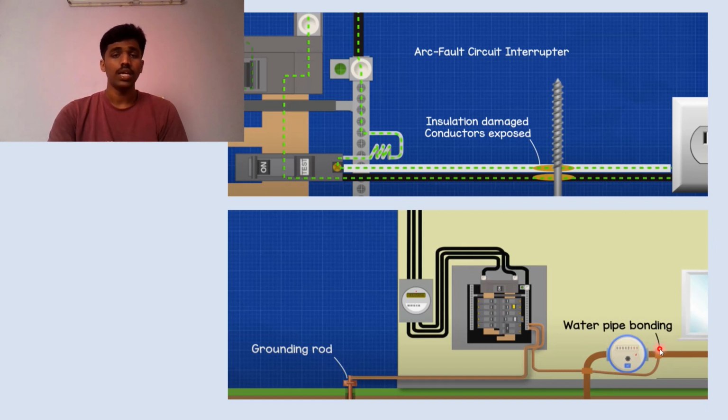Along with this, there is one more wire which is connected from the water wire. This bonding wire is done so that if any hot wire is ever connected to this water pipe, the person who touches this water pipe may get an electric shock. In order to avoid this, the wire is given to this neutral bar. So if any short circuit occurs in here, whatever electricity or static charge is present in here will flow through this ground rod.